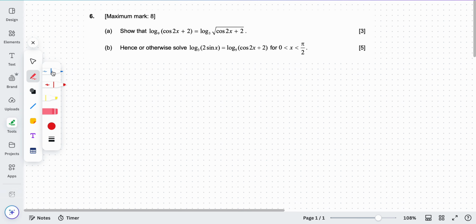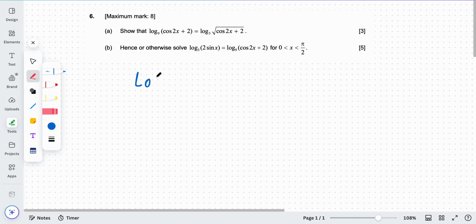Alright, so this question was a past IB problem. Part A says show that log base 9 of (cos 2x plus 2) is equal to log base 3 of the square root of (cos 2x plus 2). First things first, to show that, we want to make it log base 3. So we can start off by